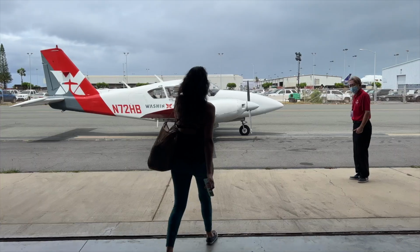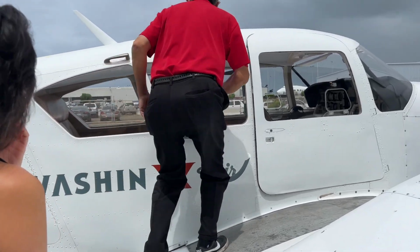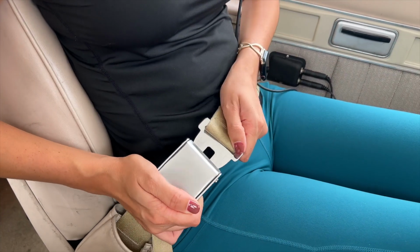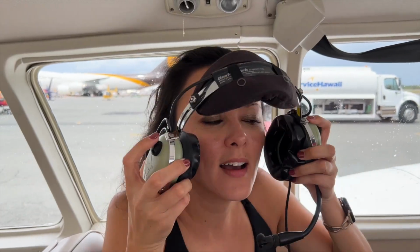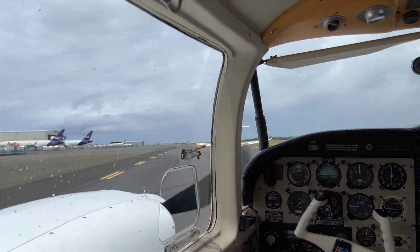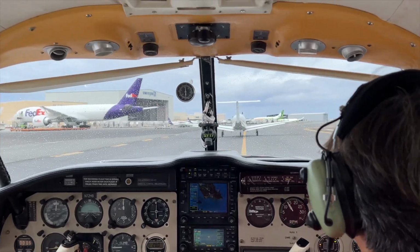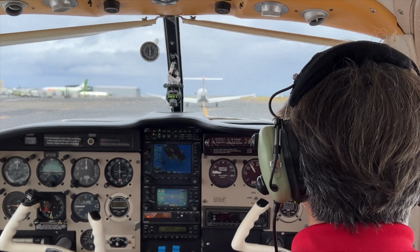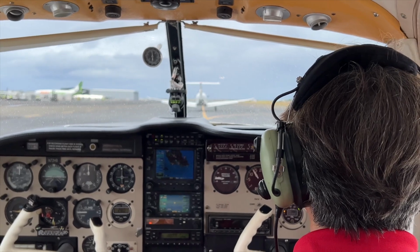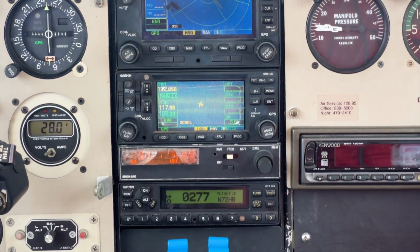After a quick safety briefing, we headed off to the aircraft. This was really cool and something I had never done before. Having a scenic flight around the island of Oahu in something other than a helicopter gave me a new perspective on what it's like to fly on Oahu. There we were, right on the tarmac, pilot right in front of us. This was super cool. If anybody in your party is interested in aviation or wanting a more immersive experience,